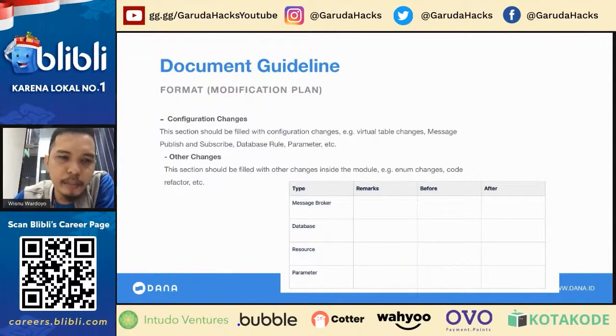Maybe you have a database configuration, like how many clients can connect at a time, or timeout, or resources or parameters, and also other changes. For the other changes in this section, you can fill in changes like enum changes or code refactoring, etc. Okay, next.